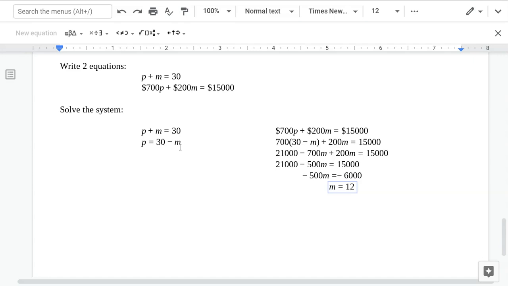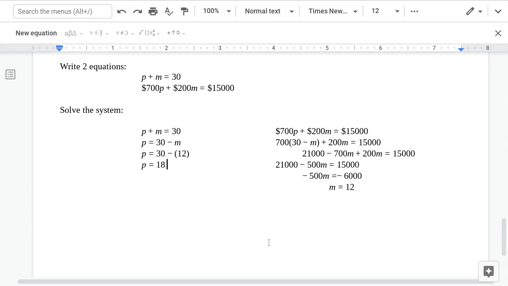And in this scenario, it's not that hard to figure out because there weren't very many boxes, but we take our value of 12 and we replace that here where we see the variable M, and we'll get an equation that reads P equals 30 minus 12, and very simply we're going to get that P is equal to 18. Okay, and in those scenarios that we saw before, this is where we'd stop because we solved for both variables,